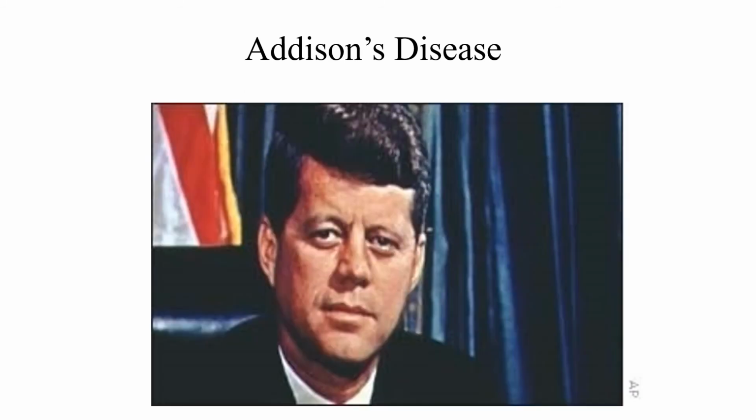JFK was president back in the early 1960s, and color television was brand new at that time. People in his close circle thought he might die from his medical conditions. Little did they know he would die from being assassinated in his position. But he was very tan. Let me show you this next picture,